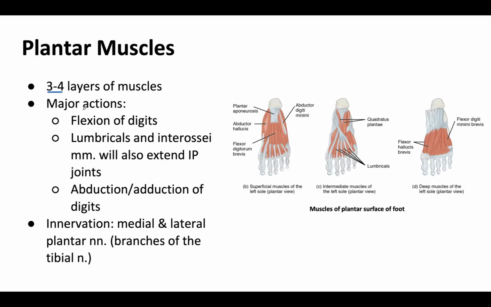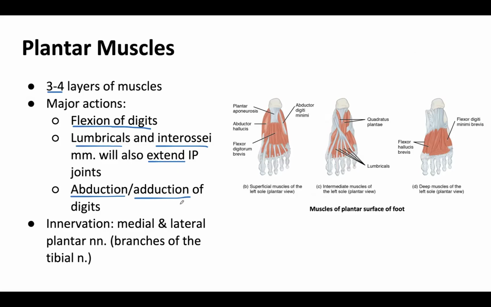So action-wise, many of these muscles will play a role in terms of flexion of the digits. However, there are some muscles, specifically the lumbricals and the interossei muscles, which you actually have lumbricals and interossei in the hand as well. But these muscles will play a role in terms of extension of the interphalangeal joints. So different muscles in this region can have antagonistic roles. Speaking of antagonistic roles, some of the muscles will play a role in terms of abduction as well as adduction